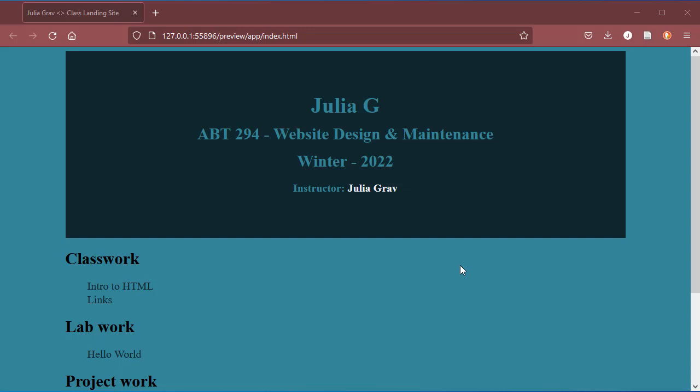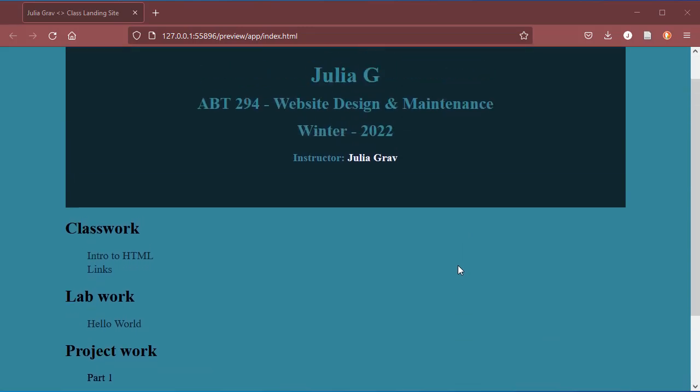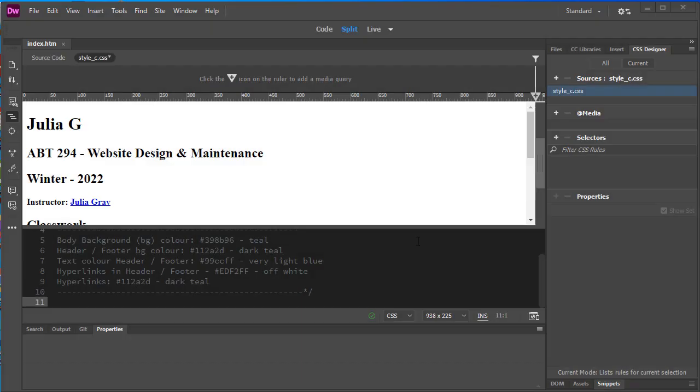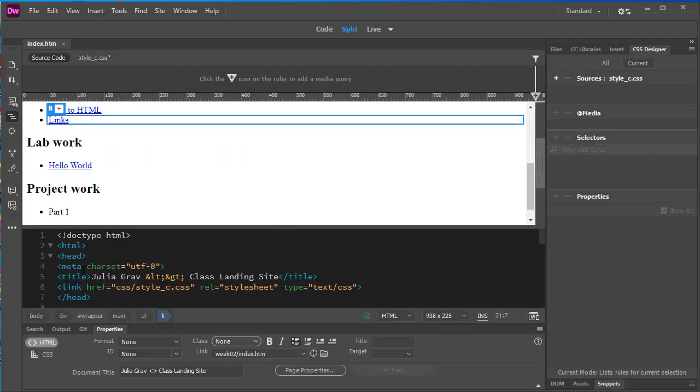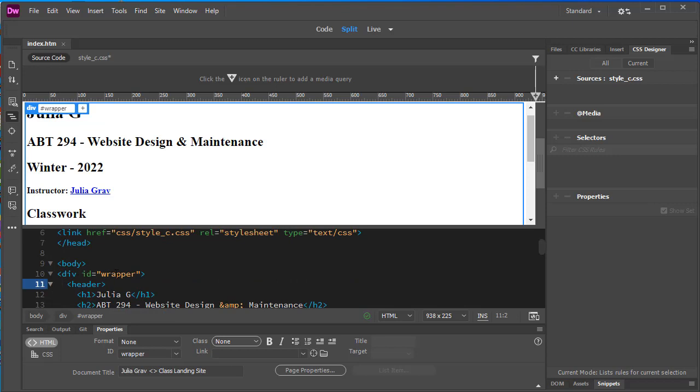So it looks like what you see on the screen here. We've got some colors, we've got some alignment, things are stacked appropriately, and the page is a lot easier to read. Okay, here we are back in Dreamweaver, starting at the ID wrapper and then defining some of the other